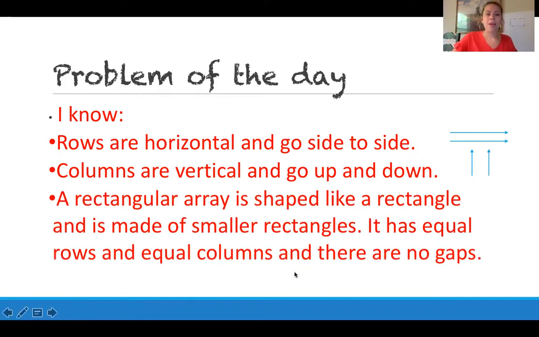Exactly. And we know that when we make a rectangular array, it is shaped like a rectangle, and it is made up of smaller rectangles. It has equal rows and equal columns, and there are no gaps between the squares. So, because I know that, the problem has asked me to make 4 columns in my array with 12 total